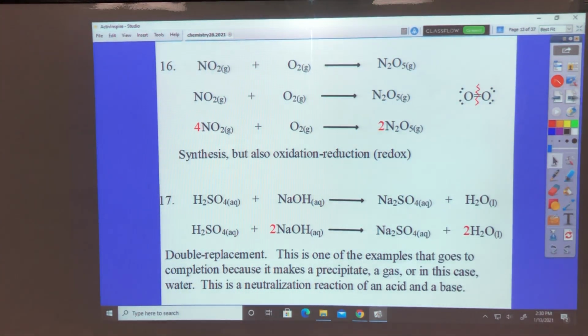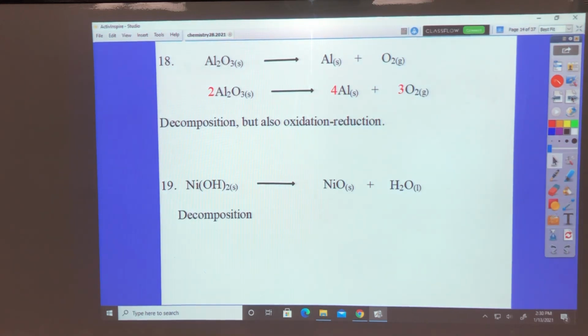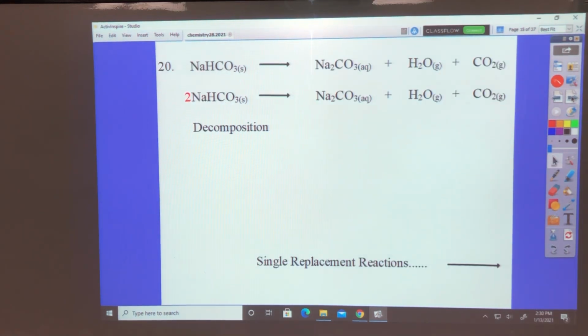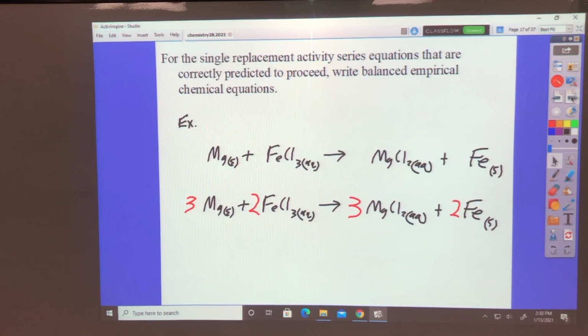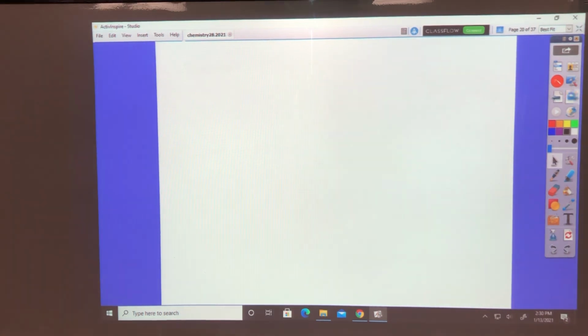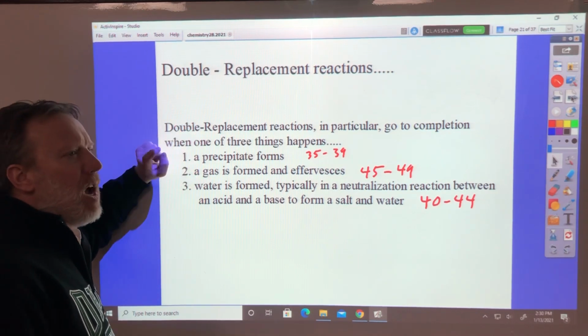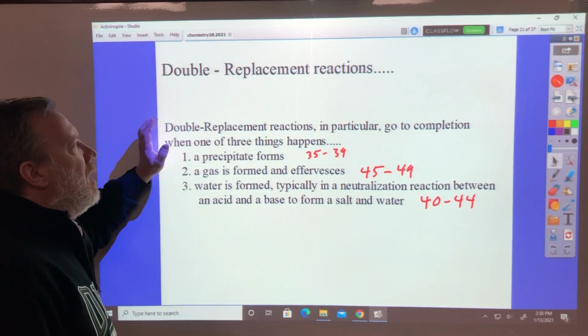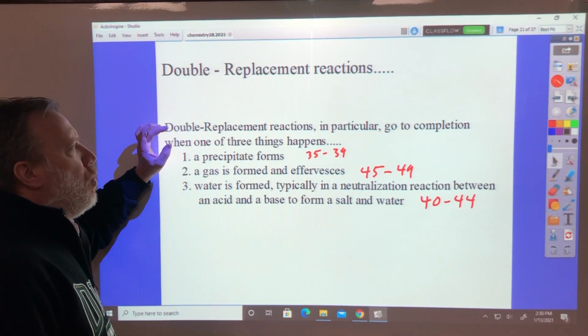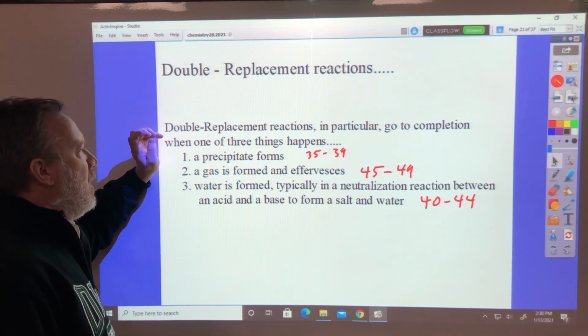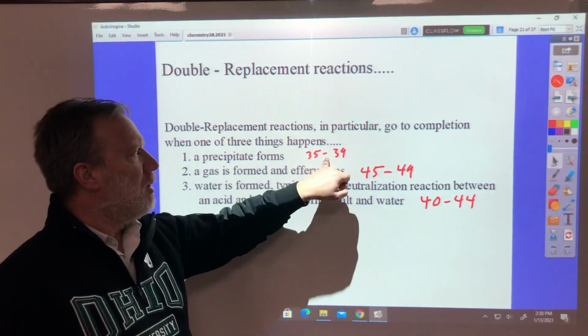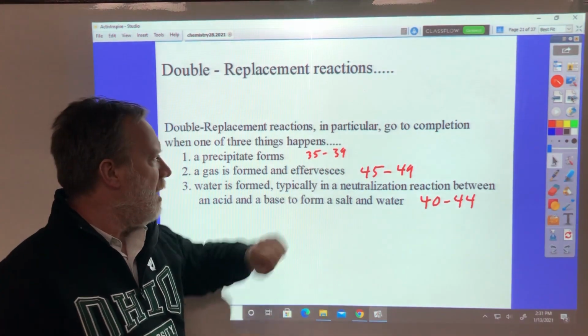The other ones maybe do, maybe don't. It depends on solubility product, which we still haven't got to in organic chemistry yet, which we will. So that's why this says, in double replacement reactions, when we go to study them, we're going to look at when they go to completion, when a precipitate forms, from pages 38 to 30, I don't know what this says,